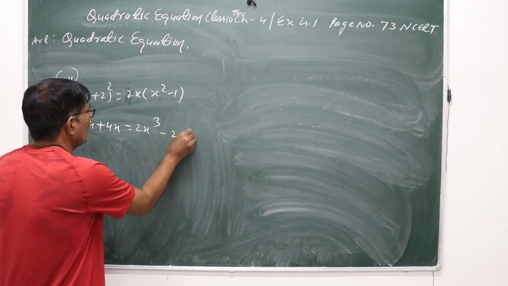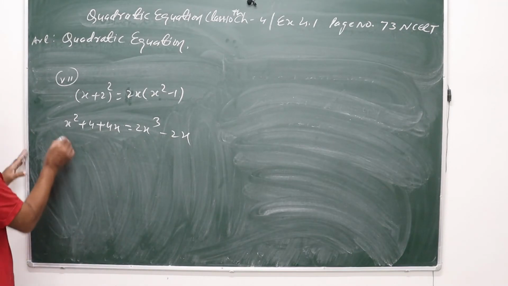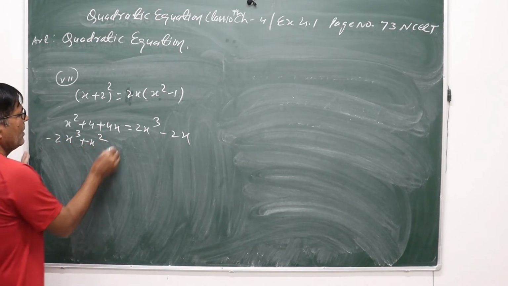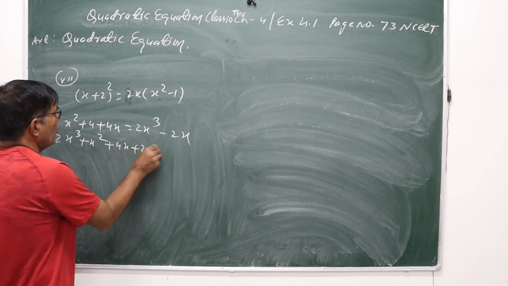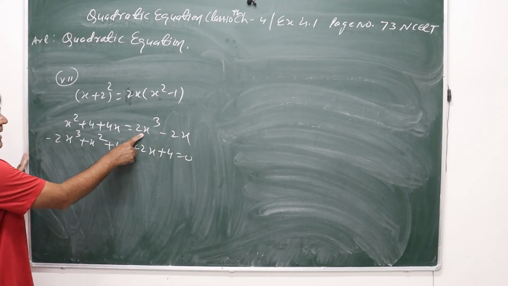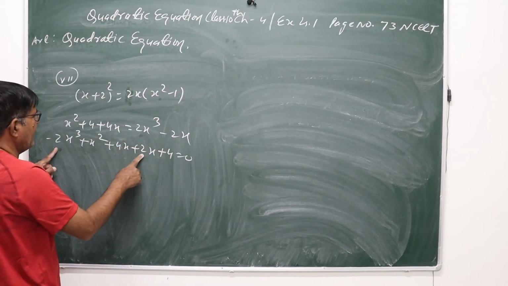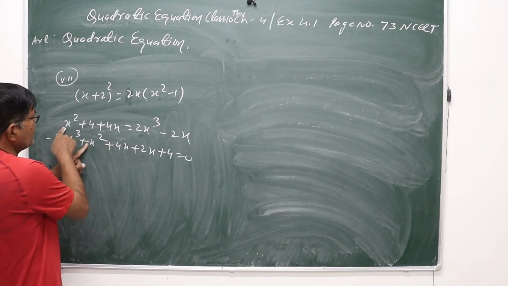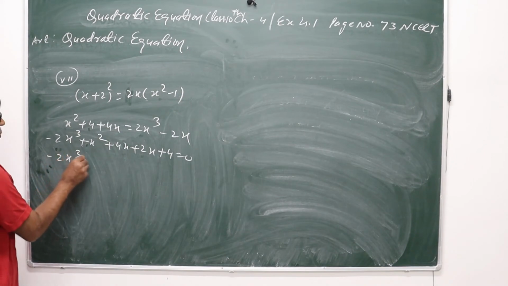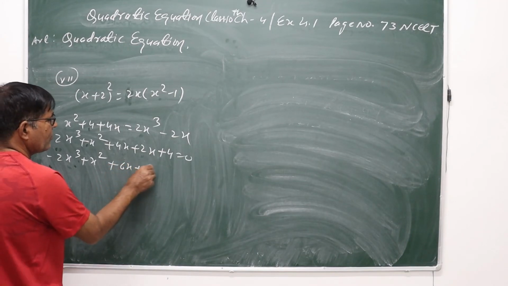cube minus 2x. Now if you take all the terms to the right side, what happens is 2 minus 2x cube plus x square plus 4x plus 2x plus 4 is equal to 0. What did we do? We transferred it from right to left: minus 2x cube became positive, and minus 2x became plus 2x. On the right, x square was there, plus 4x, and plus 4. Now see, minus 2x cube plus x square plus 4x plus 2x, that is 6x, plus 4 is equal to 0,